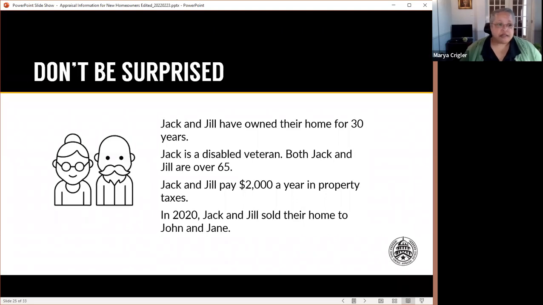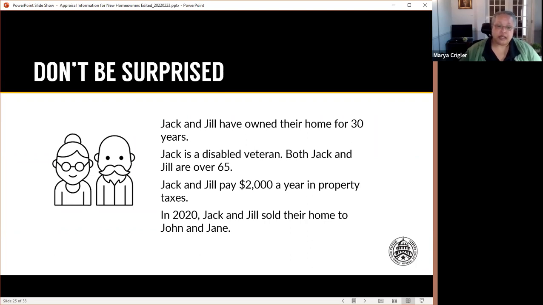One of the things that we find are some situations that surprise new homeowners. And this is an example of the most common thing that we see that surprises new homeowners. So in this situation, Jack and Jill have owned their home for 30 years. Jack is a disabled veteran, and both Jack and Jill are over age 65. Jack and Jill pay $2,000 a year in property taxes because they've got a veterans exemption and they got an over